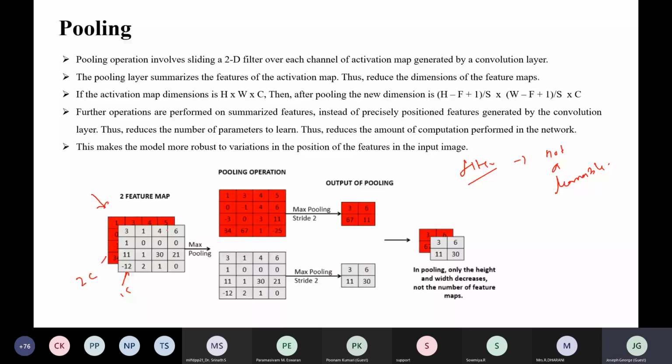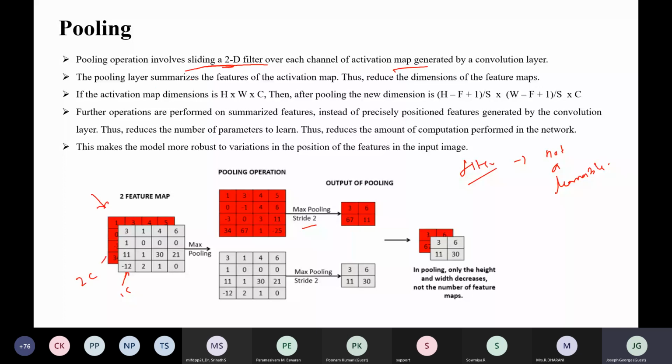In pooling operations, we use a filter and we use strides. A pooling operation is like a convolution operation. We use a filter which slides over the channels of the activation map generated by the convolution layer. The main purpose is to summarize the features of the activation map.